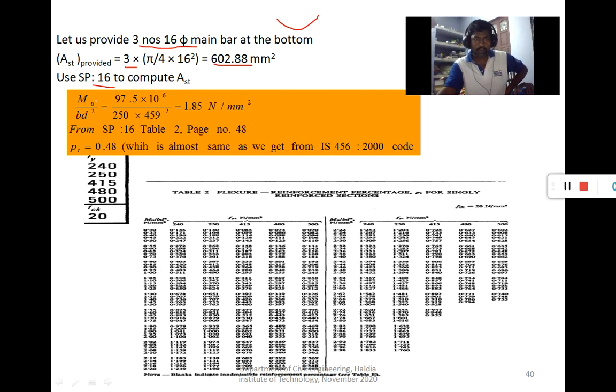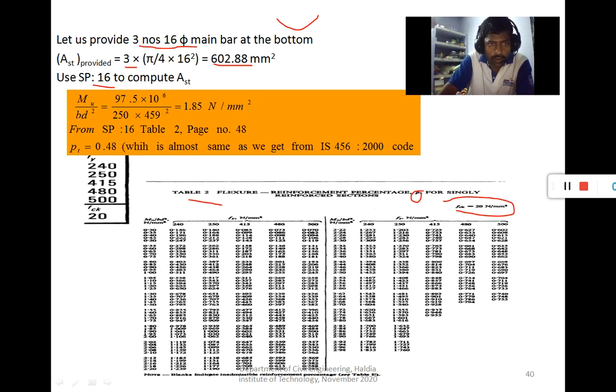In SP16, similarly, this table is prepared using the IS 456 formula. Now you see that this parameter Mu by BD square is required, because in table 2, flexure reinforcement percentage PT for singly reinforced section and grade of concrete is 20. So go to table 2, page number 48.